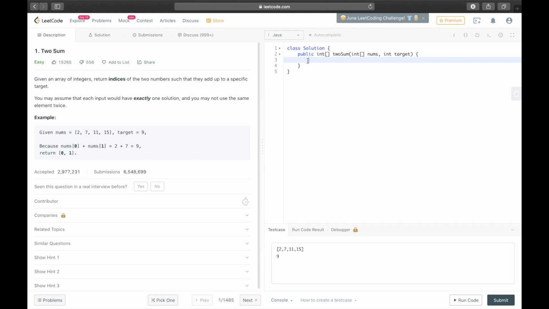So in the brute force method, what we are going to do is we are going to use the nested for loop, which will iterate through the given array nums. The second for loop will start from i plus 1.